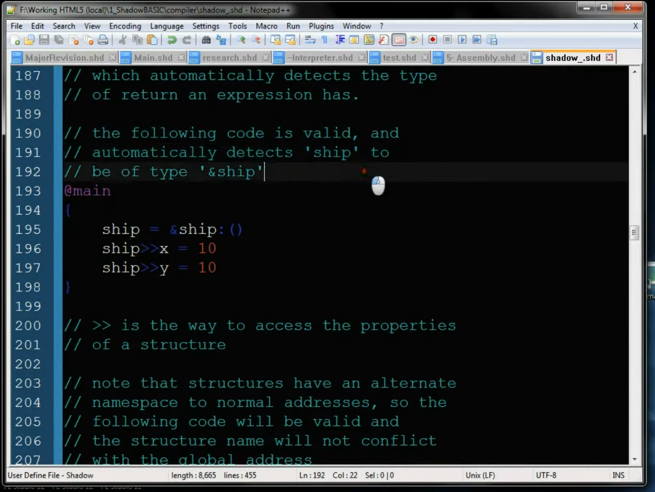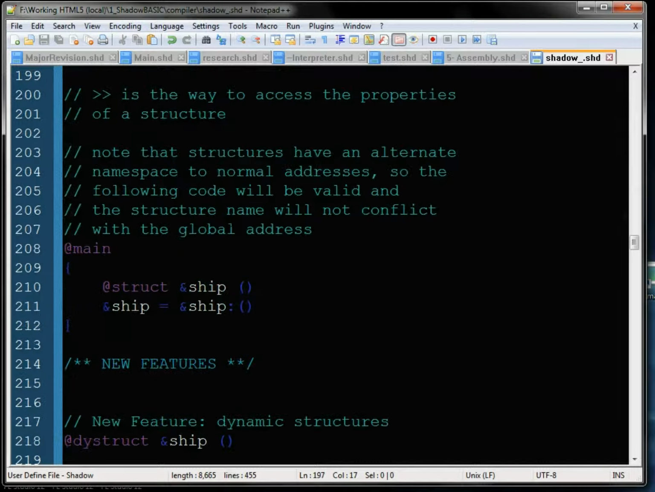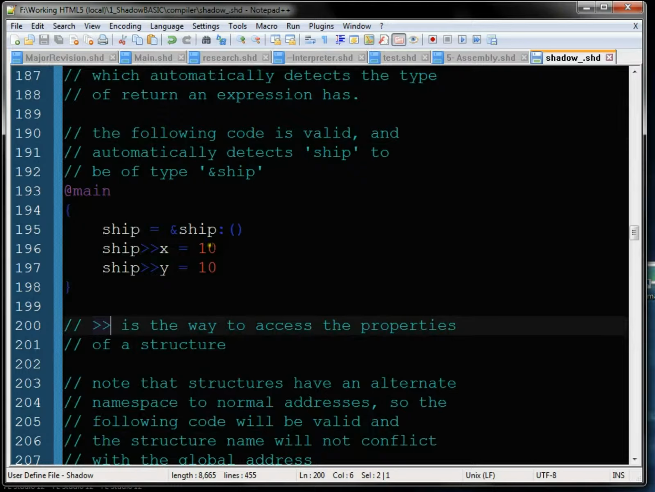The following code is valid. Automatically detects ship to be of type ship. So that's just demonstrating that. That's how you access properties in my language at the moment. You can also use